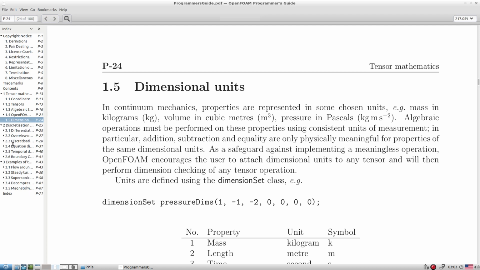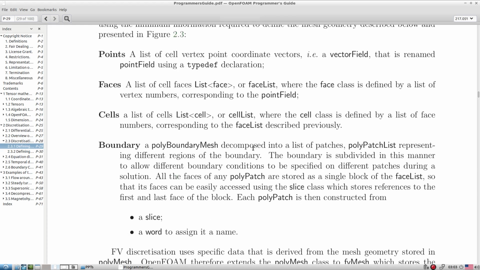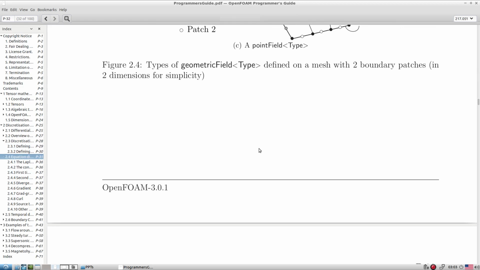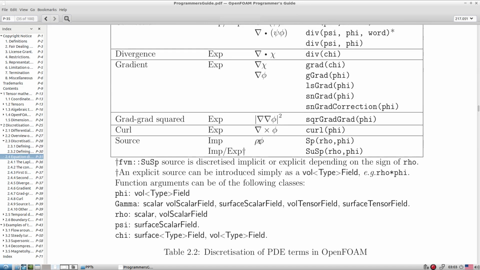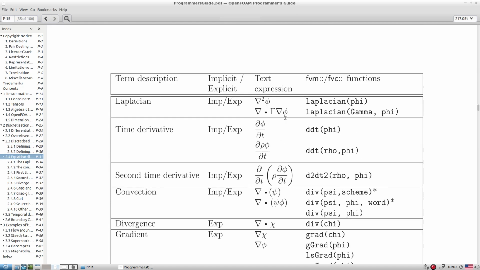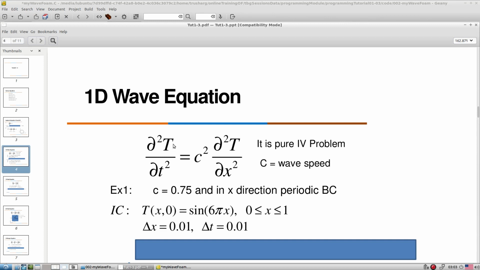Inside the programmer's guide we have discretizations, and a list of discretizations from where we can pick up the second order derivative in time. Here it is d2dt2. That is the syntax for second time derivatives, so that is what we have to change here. For this term we know how to code it.